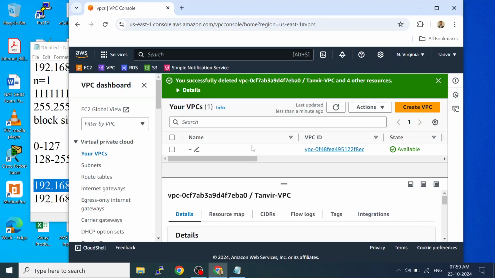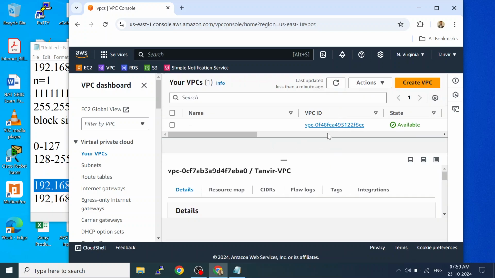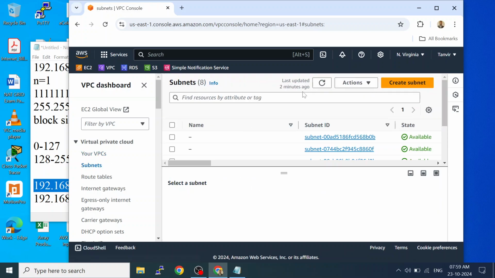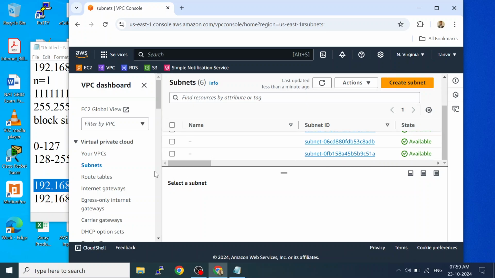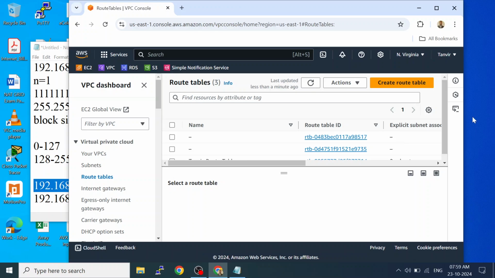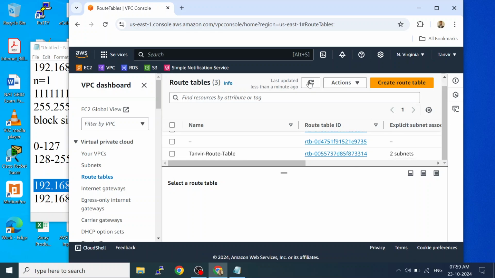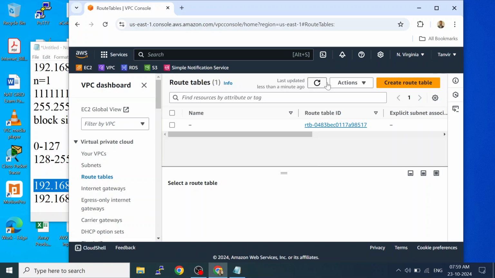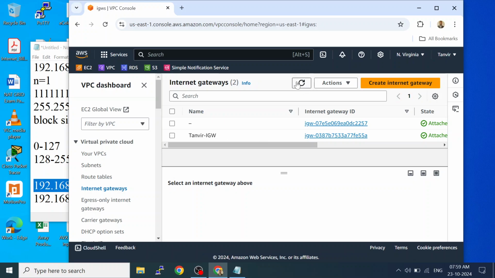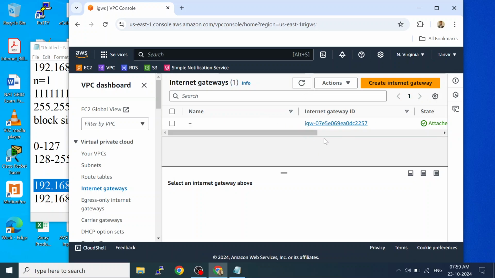So I have deleted, so no VPC is there, you see, only this default one is there. Subnet also, just refresh it, because you see it was updated 3 minutes ago, and then you check, no subnet is there. Route table, if you check now, it will show the route table, but when you refresh, it will not show. Okay. Internet gateway, it is showing here. You refresh, it has